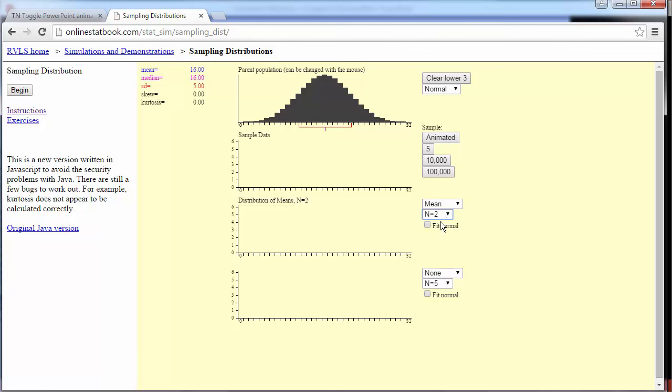I'm going to sample a sample size of 2 from it. So I'm taking 2 observations and averaging them. This is a distribution of sample means. This is the parent population, the individual values. This is a distribution of means of sample size 2. Take 2, average them. You see how it falls right between them? Average them. And what if we did this a whole bunch? You see how it's building up? And watch this. It's normal.